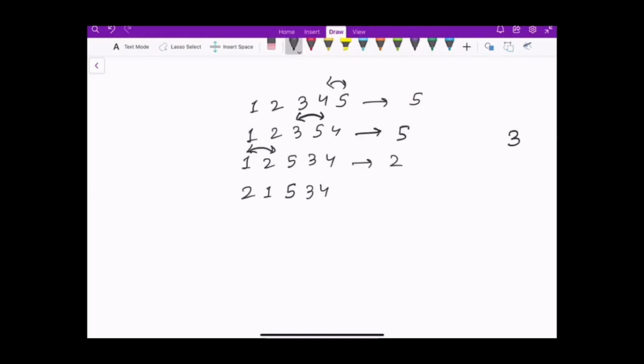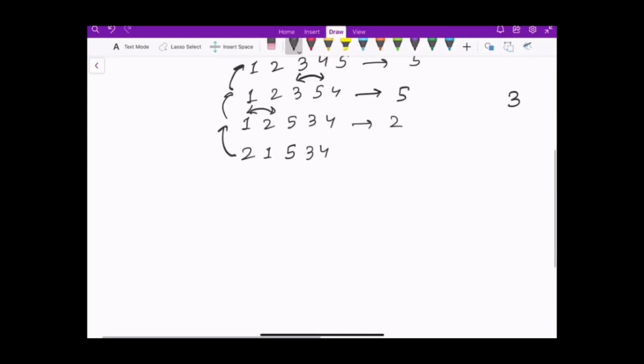But now let's try to form the sequence in reverse order. Basically we are given this final array. What if we find the minimum number of operations to go from 2 1 5 3 4 to 1 2 3 4 5? So we'll actually do the reverse operation. Now the reverse of the current operation is that we can swap I with I plus 1. If I plus 1 bribes I, then we will swap I and I plus 1. So the element at position I will be swapped with the element at position I plus 1, and this happens when I plus 1 bribes.